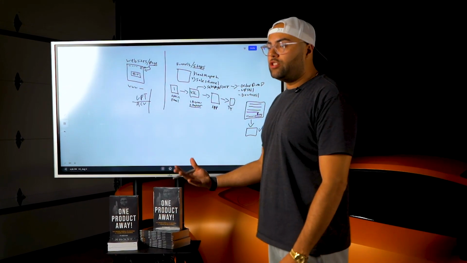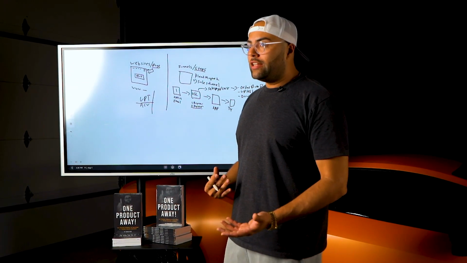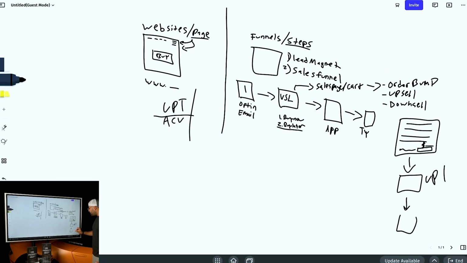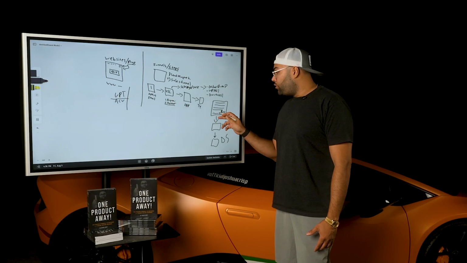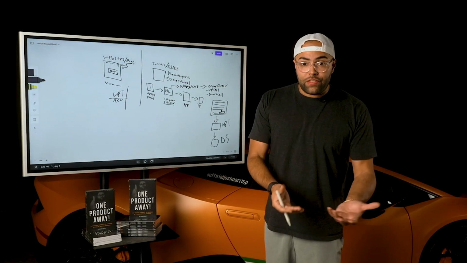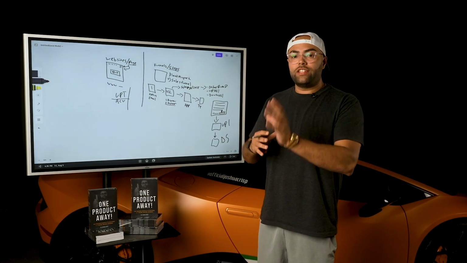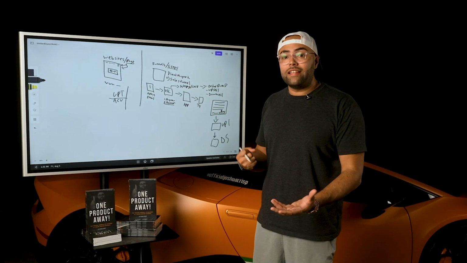Now, the rule of thumb is do not do over 3. Above 2 gets a little annoying. When you're doing upsells, you could also have a downsell. So what is an upsell? An upsell would be after they filled out the cart and they bought the thing and they chose the order bump or not, then you could add something else that they could buy, another accessory, another product that's complementary.